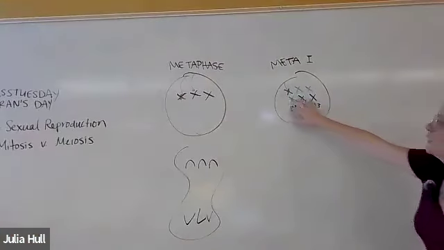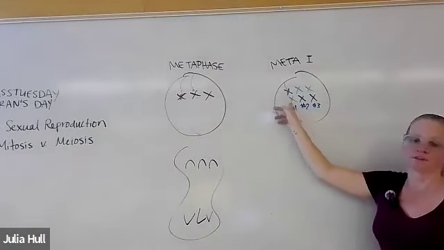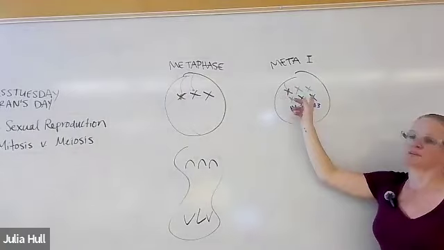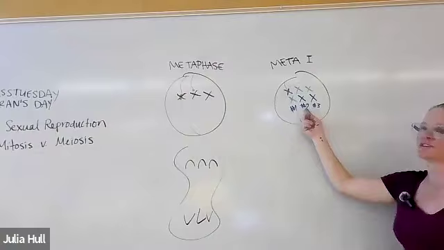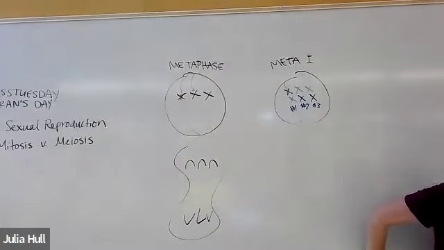During this process of how they're lining up along that equatorial plane, on this side I drew the blue one, this side I drew the green one. Green, blue, green, blue. Whatever's happening with chromosome number 2, chromosome 1 doesn't care. They're like, you do what you want, I'm gonna do what I want.